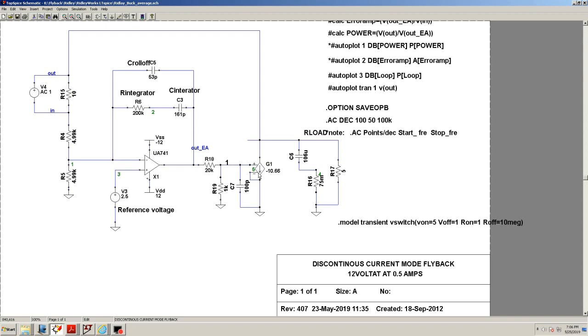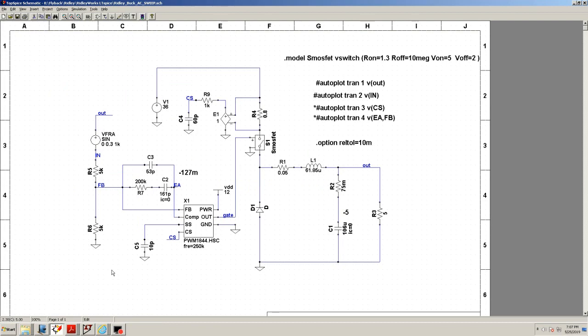And you can also extract the plant, meaning your output filter, and you can also extract the response of your integrator or your FRA. Okay, and typically you can only extract that using an average model, but in this case there's a new feature. Go to the right schematic. Okay, a new feature that you can use a switching model basically,